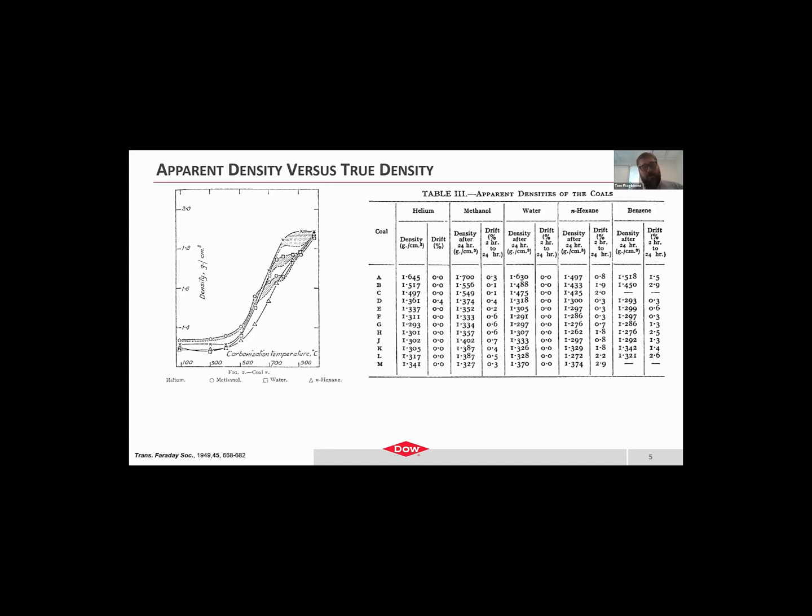That the small molecules like helium, like water, can get into those materials, whereas these larger molecules like hexane and benzene are actually prevented from getting into these small pores. After she found the apparent and real densities of coals, she started to investigate what happens if you carbonize these